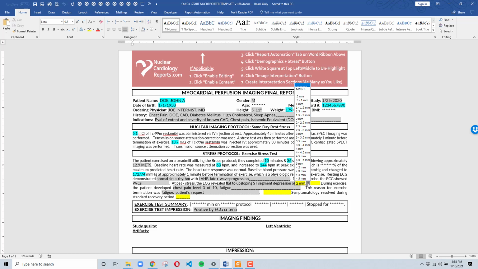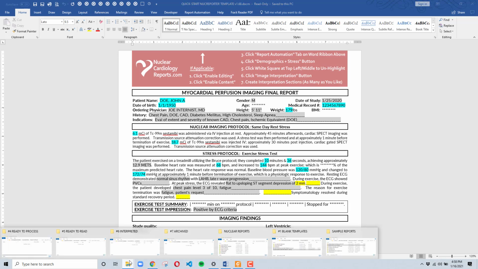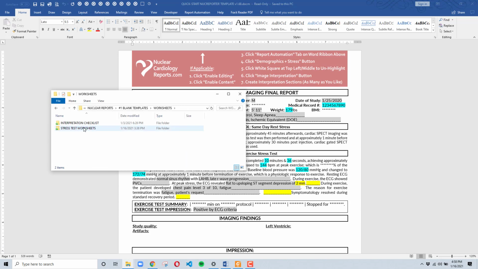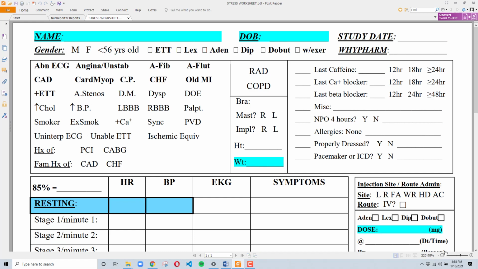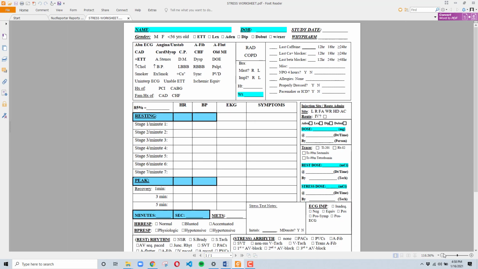For example, millimeters of ST depression would only be relevant if there was ST depression. Similarly, T-wave inversion here, only sometimes necessary. But first I'll show you the stress worksheet. Let me go to the blank templates folder here. So you'll get a copy of this stress test worksheet here, and basically you just print this out and fill